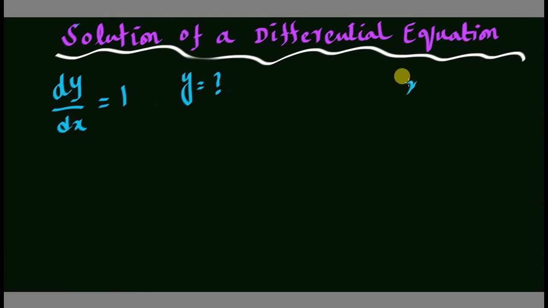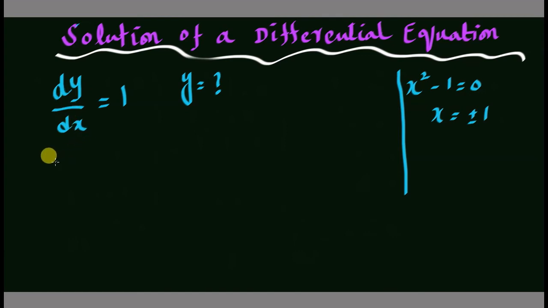For instance, we have seen before x square minus 1 was the quadratic equation, and we have found that x is equal to plus 1 and minus 1 are the solutions for this particular equation. But this is a quadratic equation, or you can say this is a polynomial. In a polynomial, the solutions are numbers. It may be real numbers or complex numbers. But as far as our differential equation is concerned, the solution will be a function. So for this differential equation, we need to find the function that satisfies it.